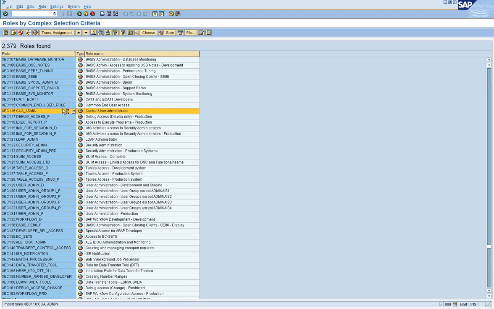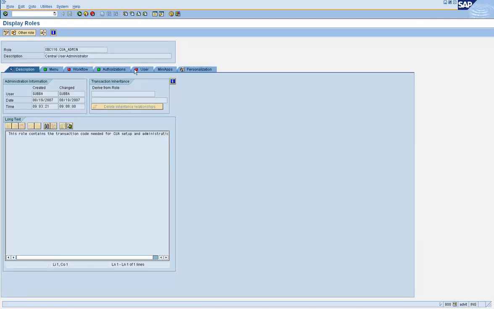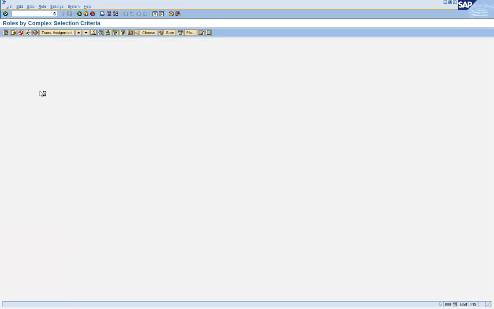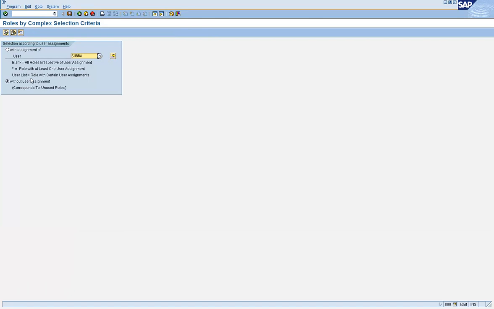So let's take this. Okay, so this is a very nice feature to know whether a role is being used or not. Now, what will you do with that information? Probably you want to delete those roles, right?